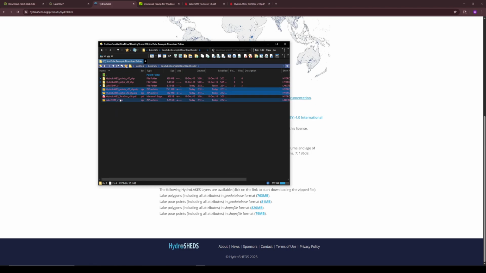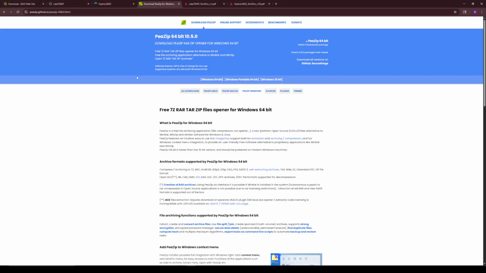So once you have all those zip files downloaded, you should have Hydro Lakes points, Hydro Lakes polys, aka polygons, and laketemp_v1. Those three. If you know how to extract these files, then do so now. And if you don't, or don't have a program to do so, or any utilities to do so, then head over to